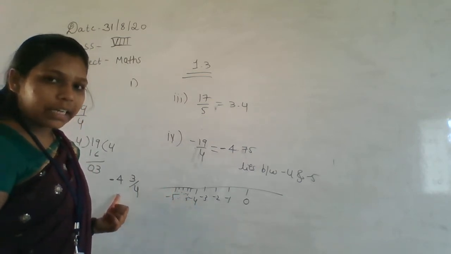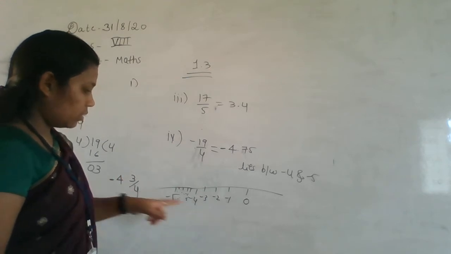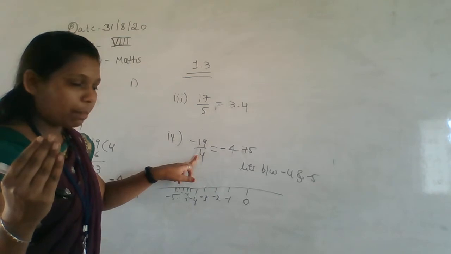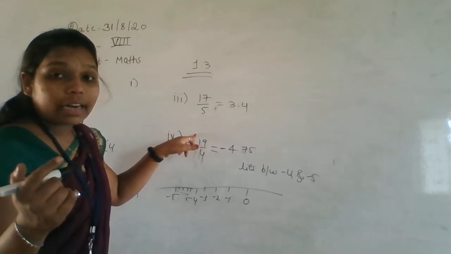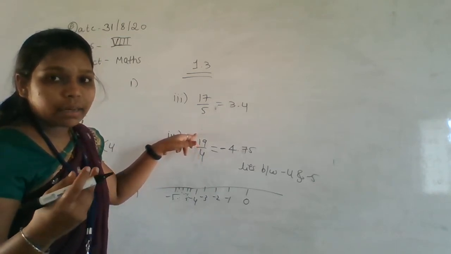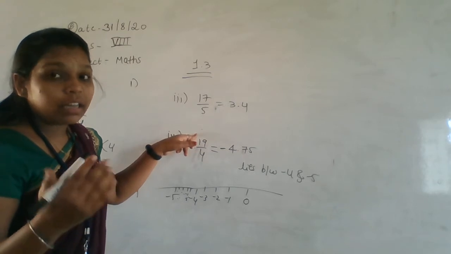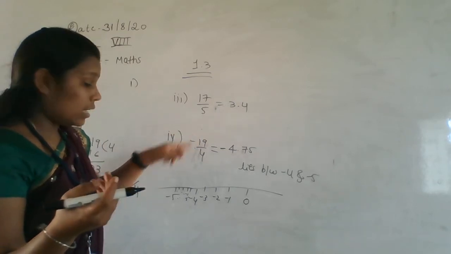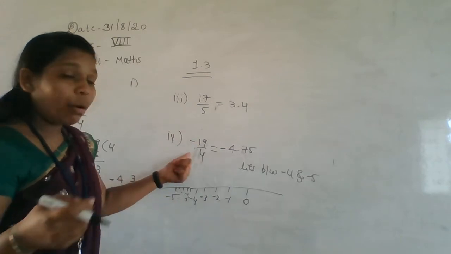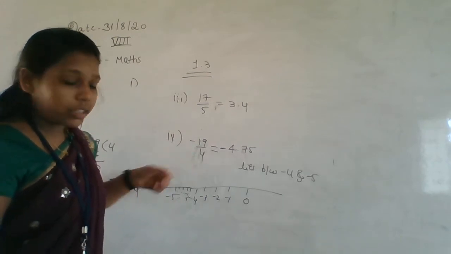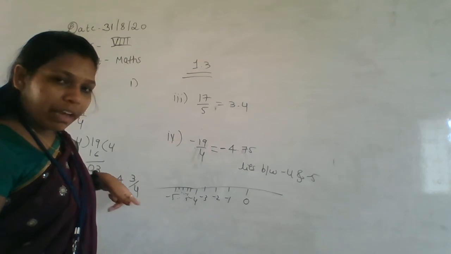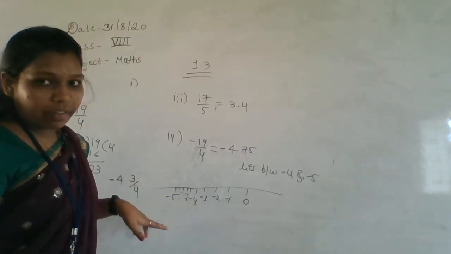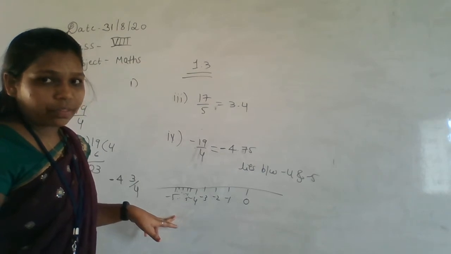Make a mixed fraction and do this here. Here only we are having 4 equal parts, but in the numerator 19 is there. We can't do the 19 number, right? We can't get that one. In 4 parts, whether we are getting a 19 number, no, we can't get that. So that's why we have to make that a mixed fraction, and here we are getting a 3 by 4. Just you have to mark that 3 by 4, minus 3 by 4 here. Okay.